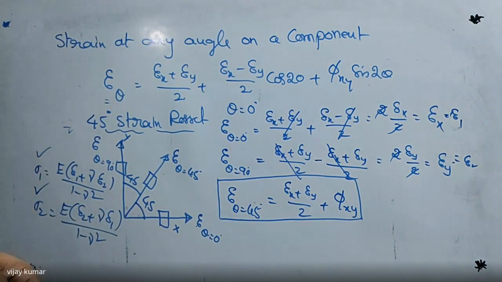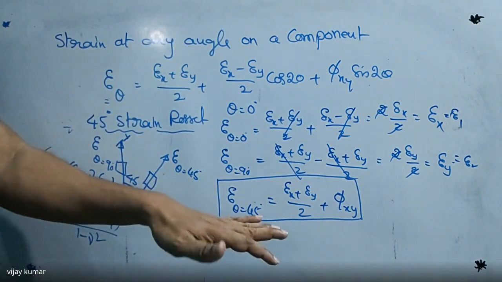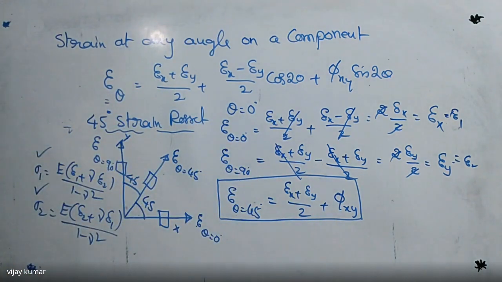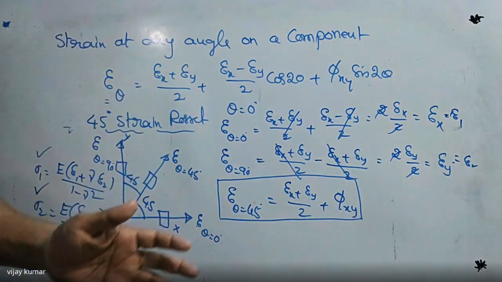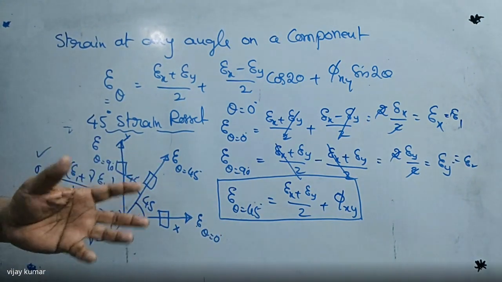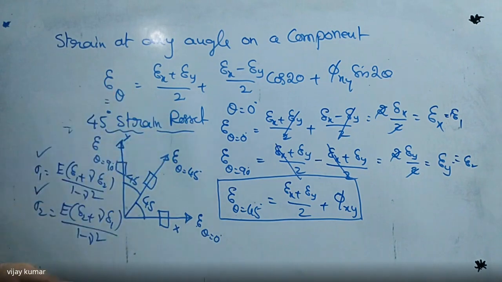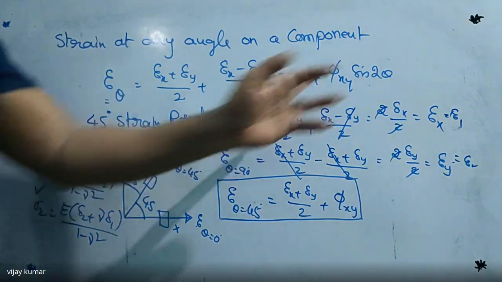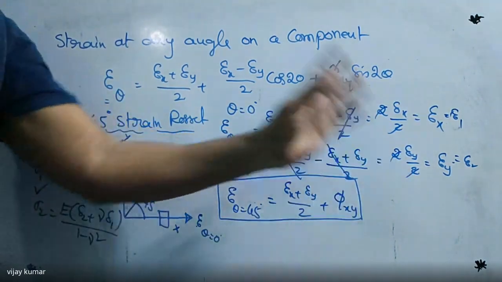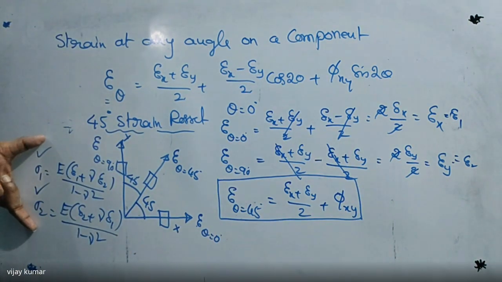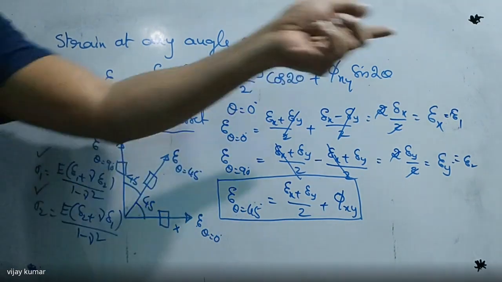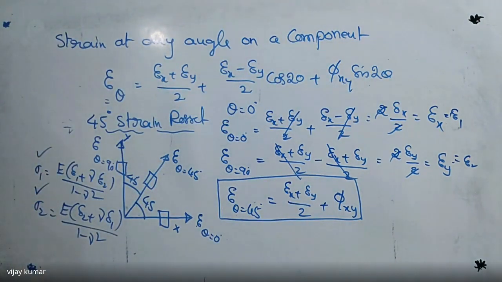By using the strain gauges' arrangement, in the same way we are going to use the remaining two also, that is nothing but the 60 degrees strain rosette and 120 degrees strain rosette. I can arrange the strain gauges on a component at different angles so that I can find the strains along those angles. Then I can substitute those angles. Then we are getting the strain in that direction, strain in the second direction, strain along the diagonal, that is the oblique plane. Then we are taking the formulas of principal stresses. We are going to substitute those strain values in those equations. Then we are going to get stress values. Okay, are all of you clear on this one?